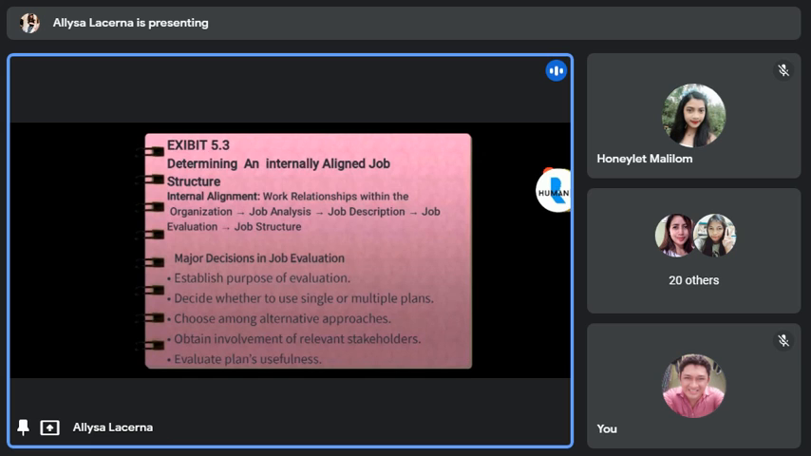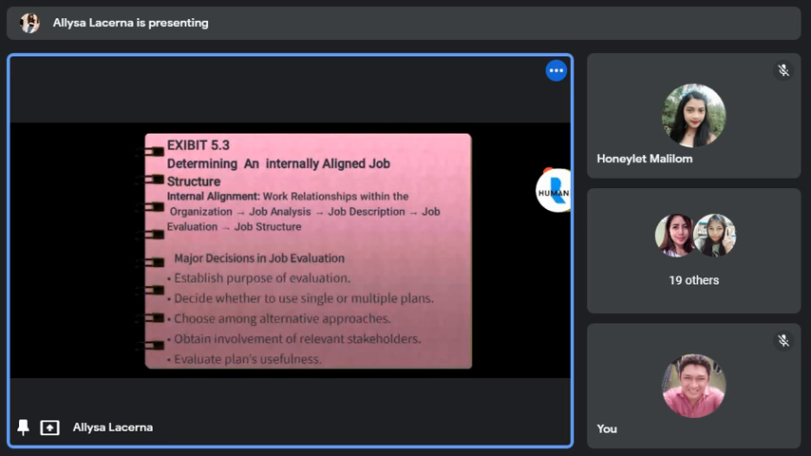So, dito naman tayo sa Exhibit 5.3. Exhibit 5.3 shows job evaluation's role in determining an internal aligned job structure. As we all know, the process begins with a job analysis in which the information of the job is collected, and that job description summarizes the information and serves as an input for the evaluation. So the exhibit calls out some of the major decisions in the job evaluation process. They are establish the purpose,